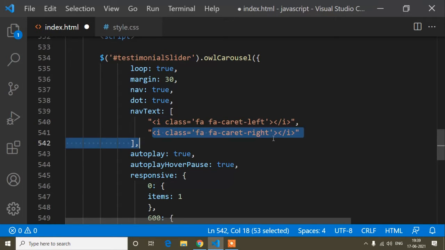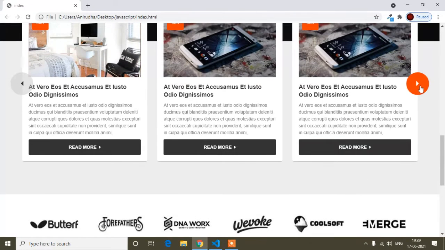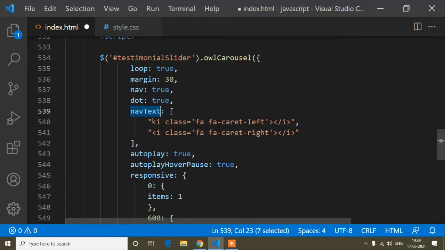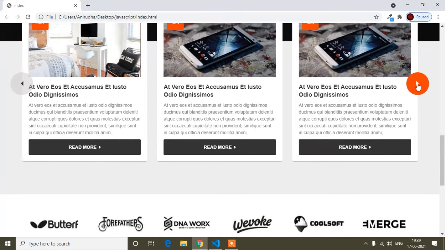How you will get the icon, I will show that. First of all, this is the icon for the button. Here you can see the button, and every button has an icon. This is the arrow icon. This arrow icon we pass here actually. For the banner slider I will not add this icon, I will add different icons.